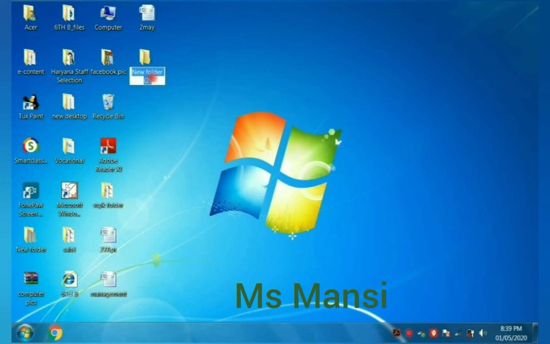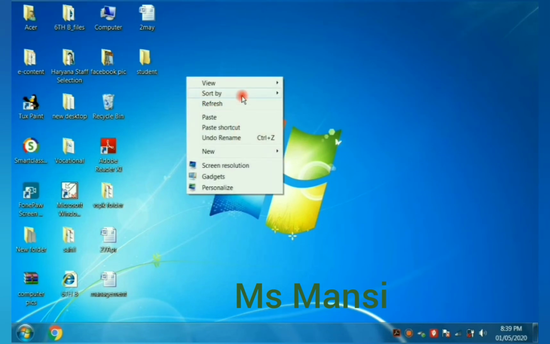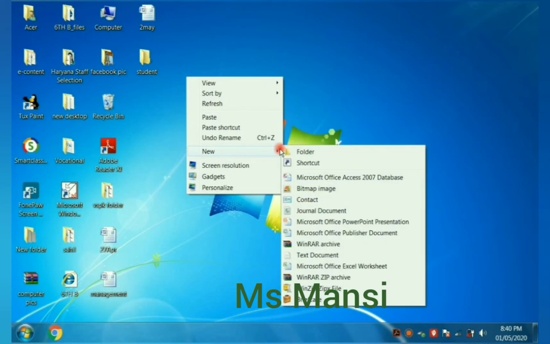See, you can change the name also, using the backspace key. You can rename it. So this is the method of creating a folder: right click on a blank area of the desktop, then click on new and then click on folder.